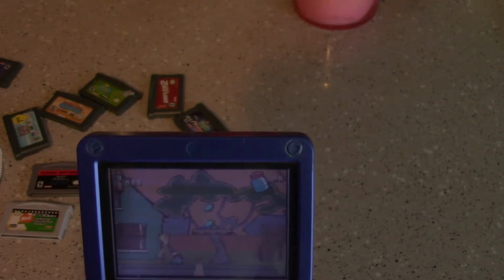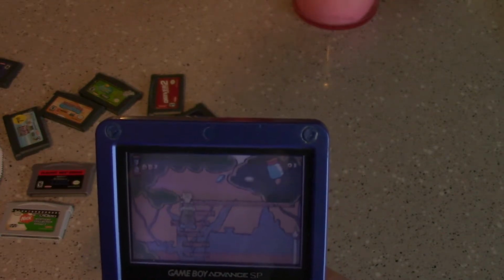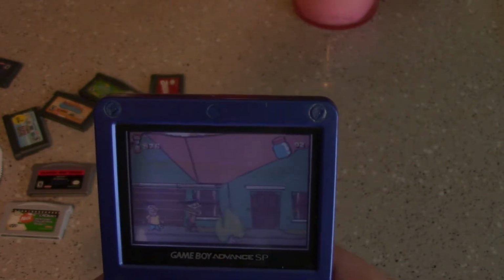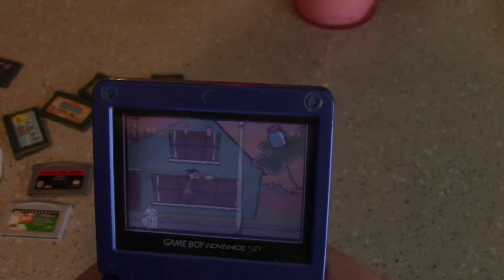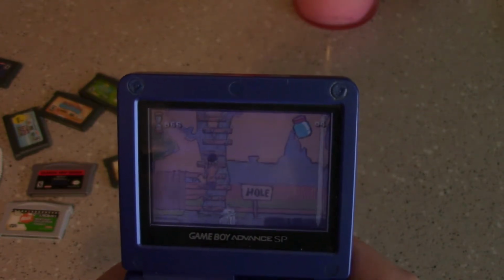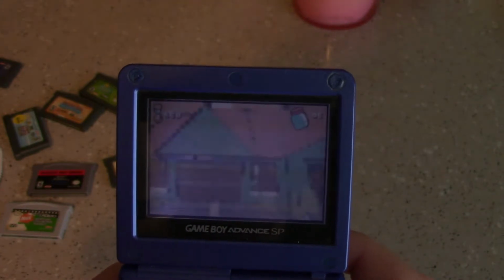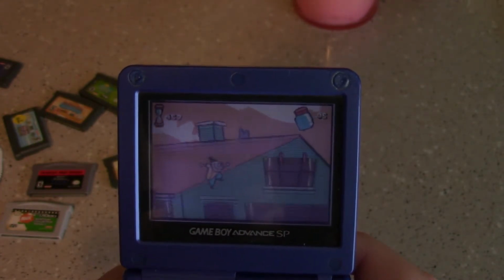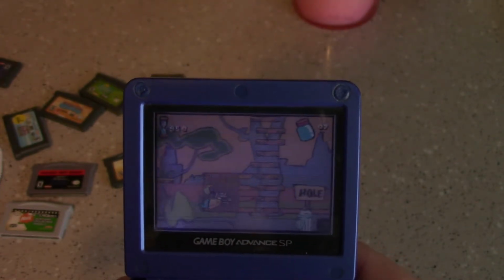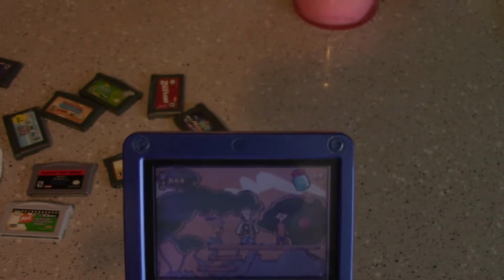Each token: Ed only collects blue, W only collects yellow coins, and A collects red coins. Now, these sprites are pretty recognizable,